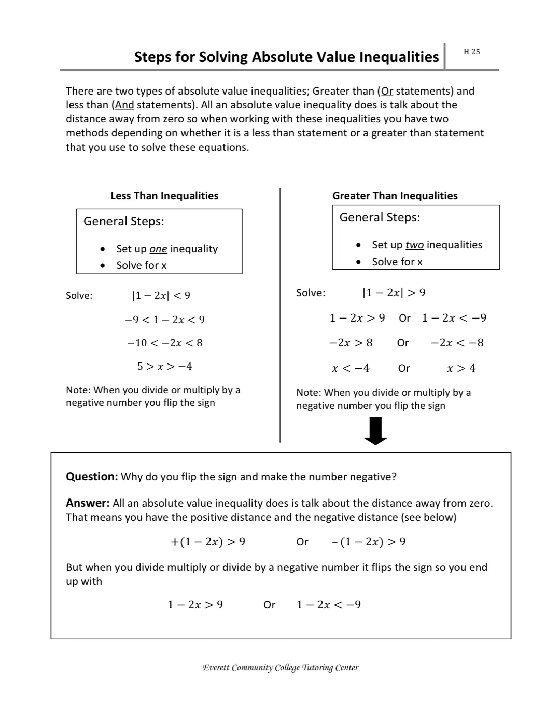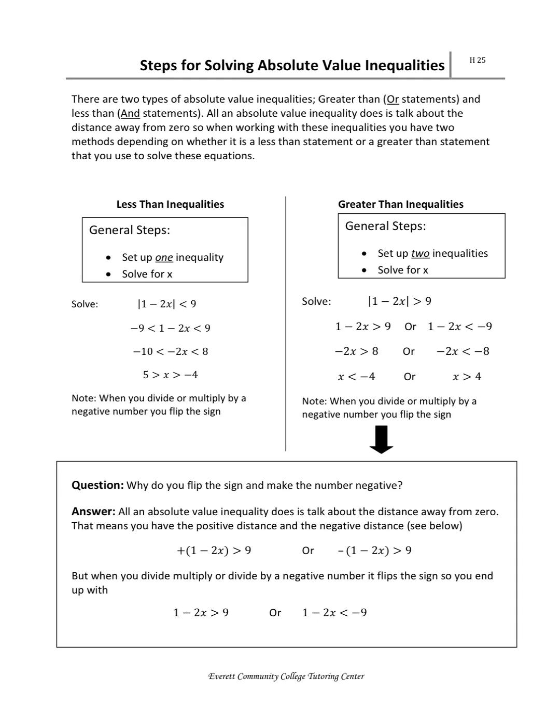These are the steps for solving absolute value inequalities. The first thing to do is to establish two inequalities. And the concept is that an absolute value only speaks of the distance from zero, whether it's the positive distance